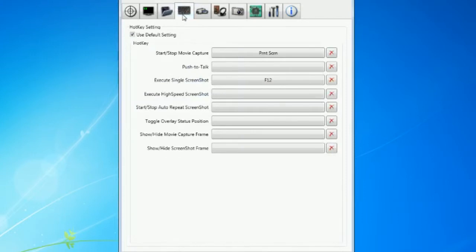Speaking of disabling that, we're on to the keyboard tab. By default with Dxtory, your start-stop movie capture is usually F12. As you notice, I have mine set to print screen for the fact that when I'm in a game